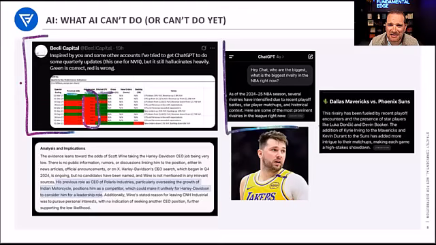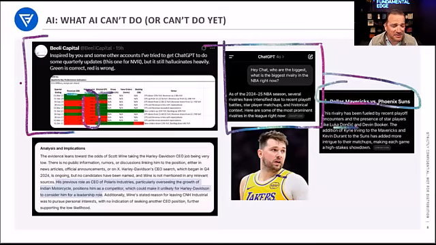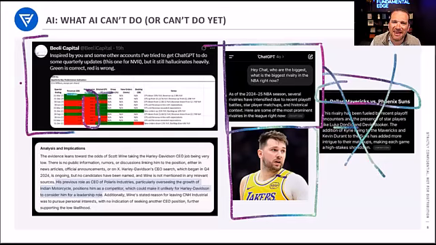I was talking to my sons last night. My 9-year-old son asked me who's the biggest rivalry in the NBA now. One of the top 5 was the Mavericks versus the Phoenix Suns, indicating that Luka was still on the Mavericks. We all know he's moved on to the Lakers, and so it still can't pull relevant real-time information. And the Mavericks-Phoenix Suns rivalry, as a Phoenix Suns fan, might have been robust a few years ago, but if you followed the Suns, it's no longer robust. So it can't answer a simple question like this accurately.